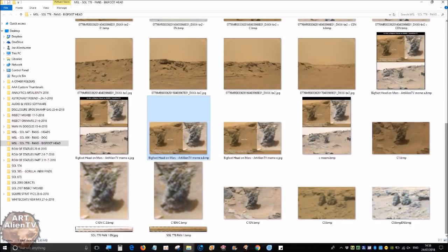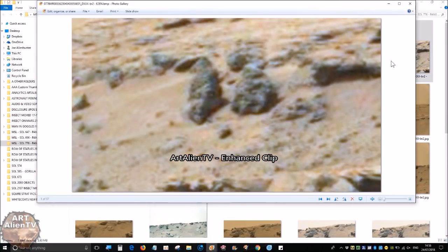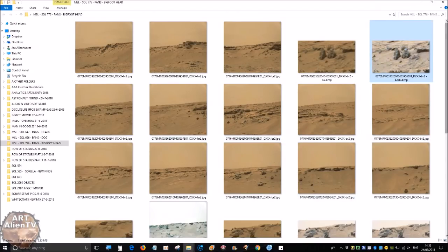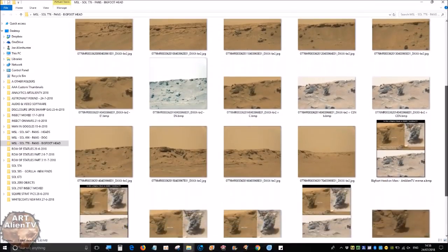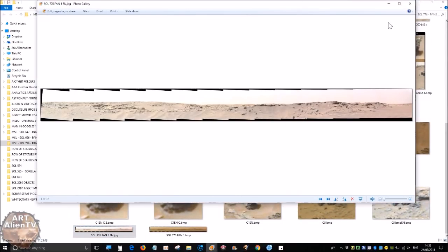There's also a couple of other things along this same ridgeline which look similar. This is an enhanced clip. You've got a head here and another possible one there, but the image quality is very poor, and the lighting isn't great either. I think this was taken on a day when there may have been a bit of a dust storm, or near a dust storm, not as severe as the one that we have up there now on Mars, but the lighting quality is pretty poor, and the fact that they've got this orange filter in the image doesn't help. So I'll show you I've done an enhanced Gigapan here,